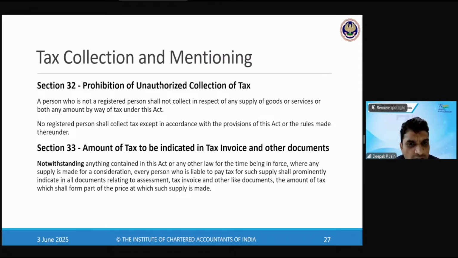Sir, is this not the time limit for issuance of credit note? No, this time limit is for reporting of the credit note. That is what I had said, that a credit note can be raised at any point of time. I will show you the relevant provisions of the Act, which says that